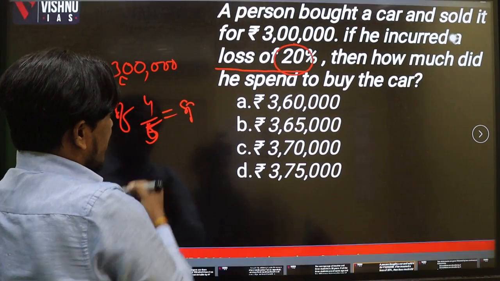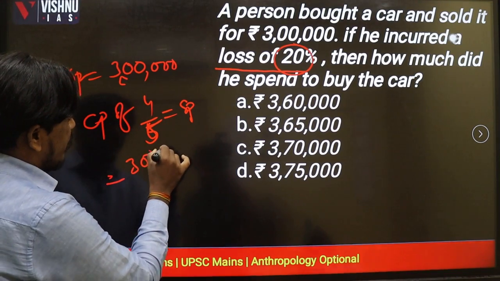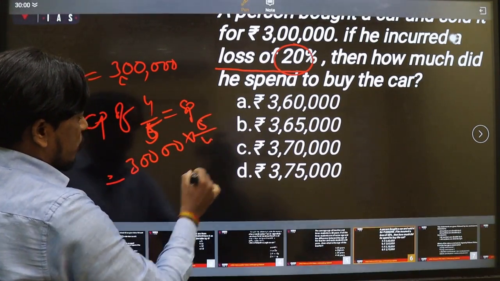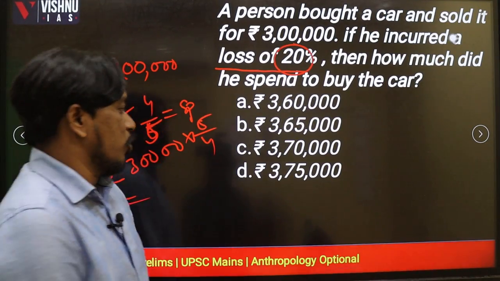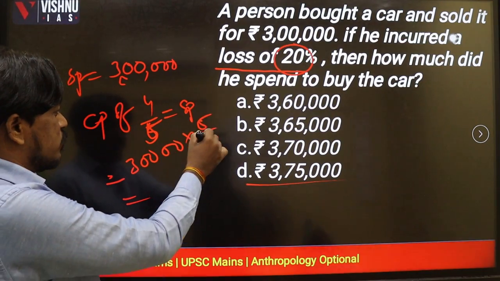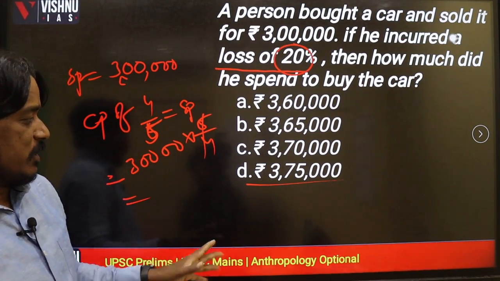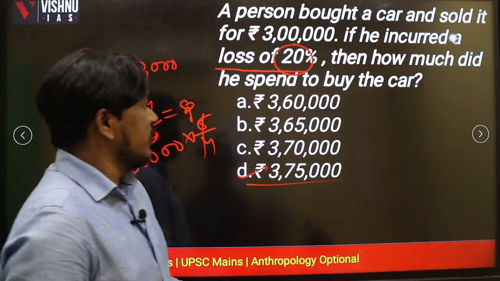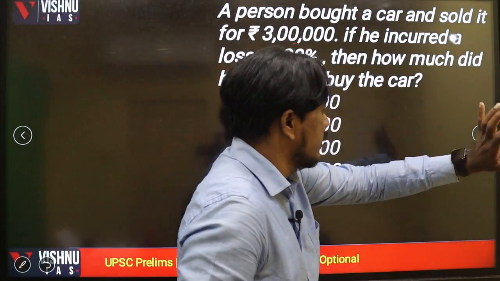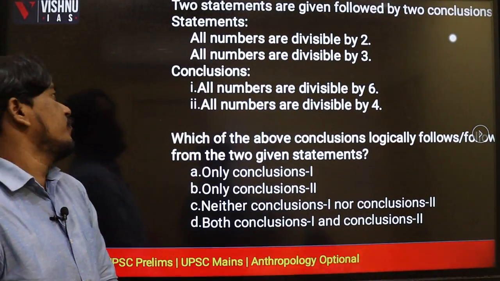This is selling price. Now if you simplify this, that is 3 lakhs, if you take 5 by 4 to this side, just if you simplify here, you will get 3,75,000. Just simplify this one, so nearly 1 point something you will get if you multiply with this, or otherwise you can simplify this one, you will get this value. So directly these kind of cost price questions, all these types, we are getting regularly, selling price and cost price questions. Now one more question, just observe here.